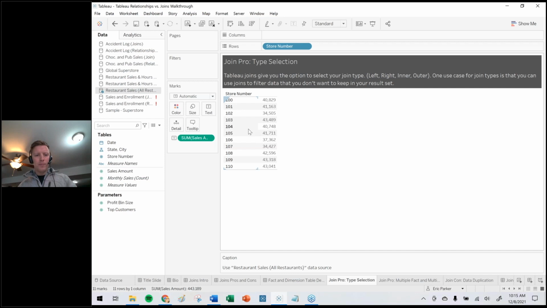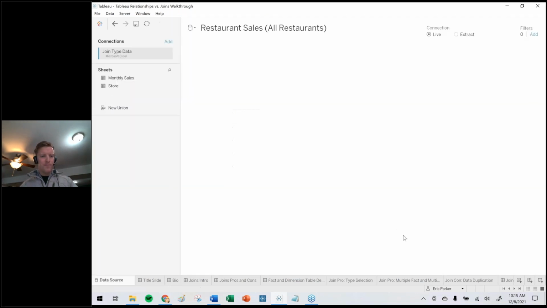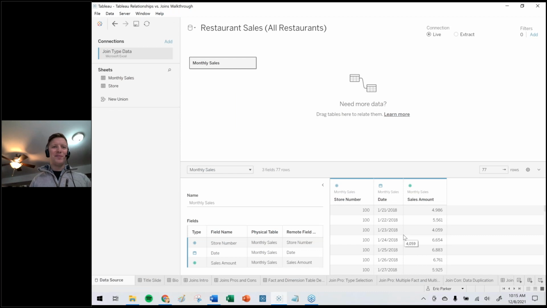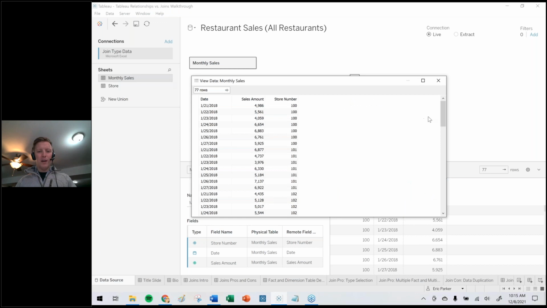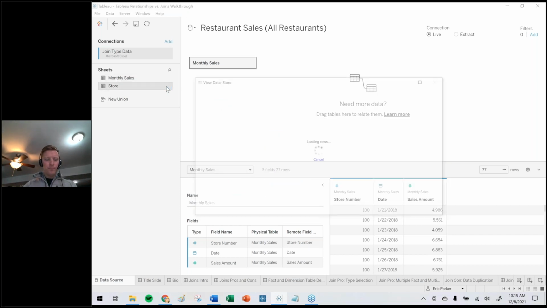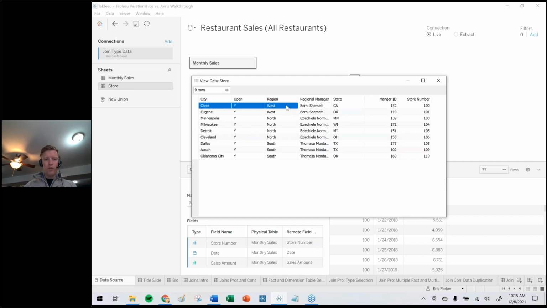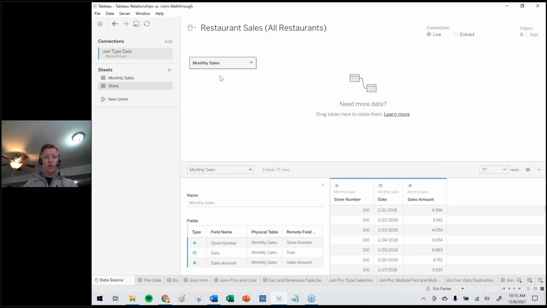So for example, let me just double check this data source here. A lot of these data sources are pretty simple, just for the sake of example. This data source has two tables. I've got monthly sales, which is just sales throughout the month of January 2018. And then I have a store table that converts the IDs into some information. Right now I can tell that this is going to try and get me to build a relationship because I've got the gray monthly sales box. If I want to do a join, I can hit the drop down next to that and say open,